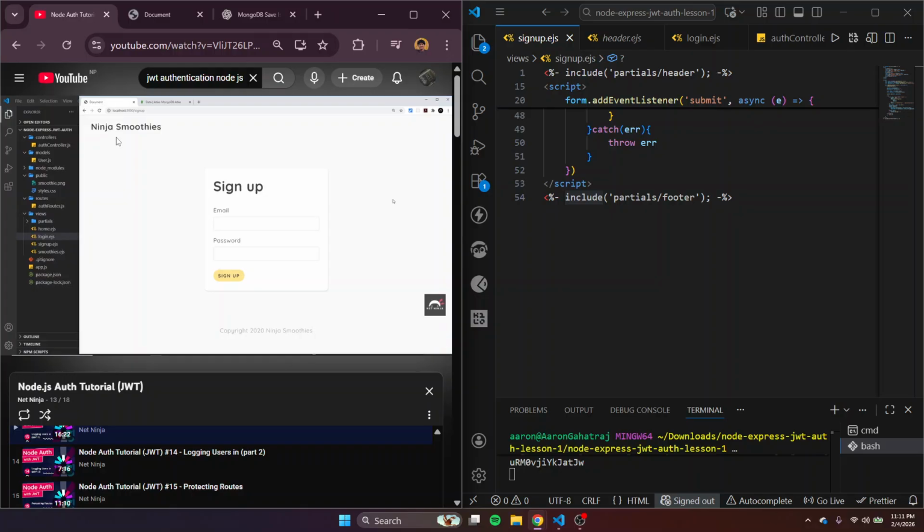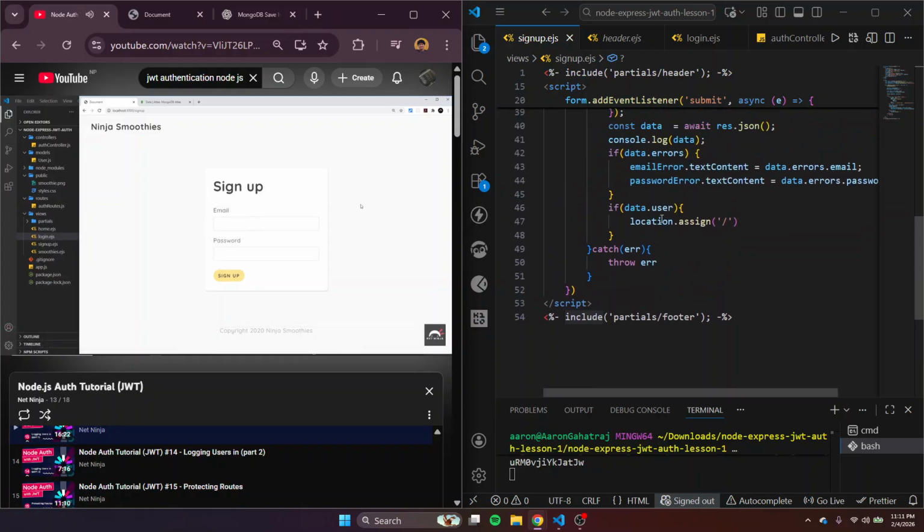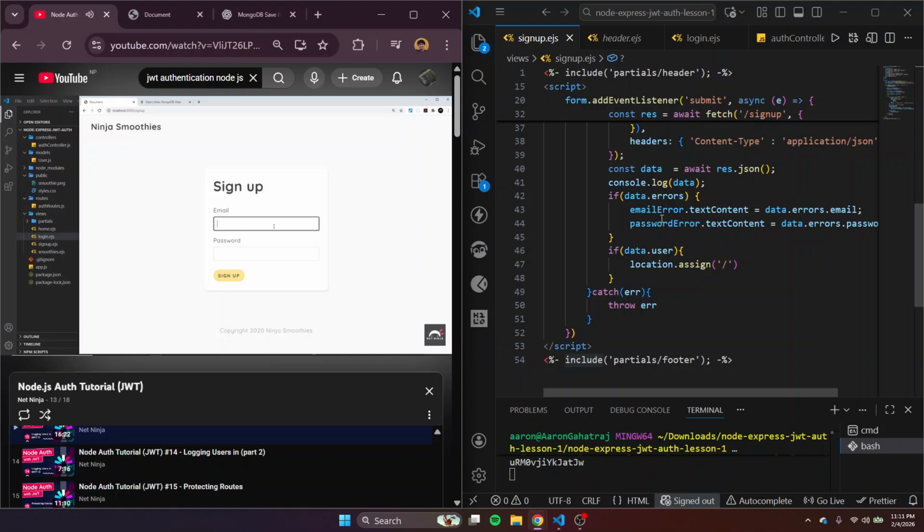But now we've pretty much done the sign up process, whereby we enter in a new email and password with sign up. That sends those credentials to the server. The server then takes those and it stores them as a user object in the database. Once we've done that, we then instantly log that user in by creating a JSON Web Token, sending it back to the browser inside a cookie, and we can see that JSON Web